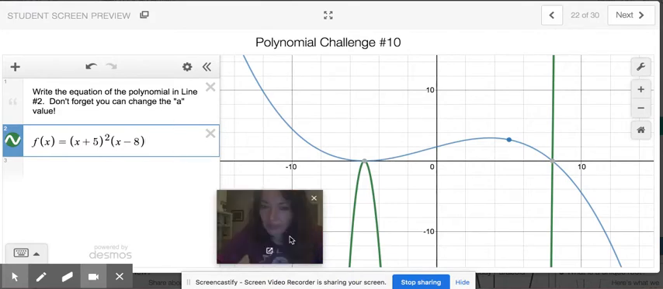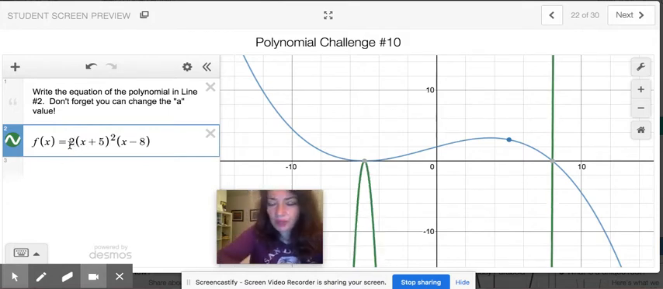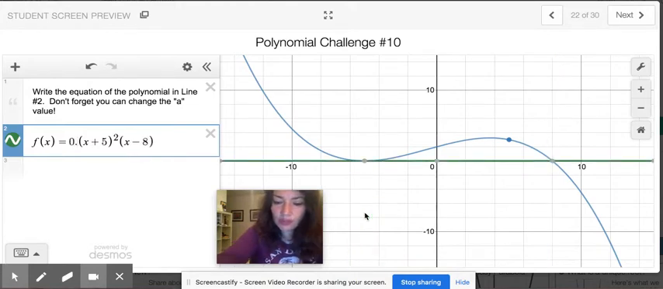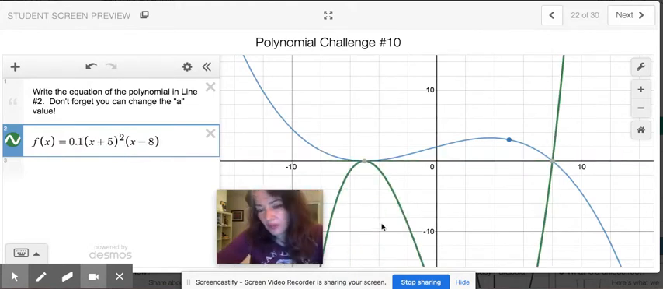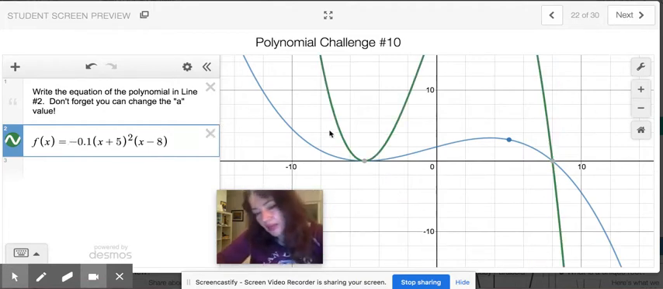Now we could guess and check and start putting in values for a right here. For example, if I put in a 2, I could see this green graph is getting a little steeper, so maybe I need to go a little bit smaller. So if I went 0.1, I could see the graph is going wider, but I somehow need to flip it. So maybe I need to put a negative, and if I put a negative, I see that I flip the